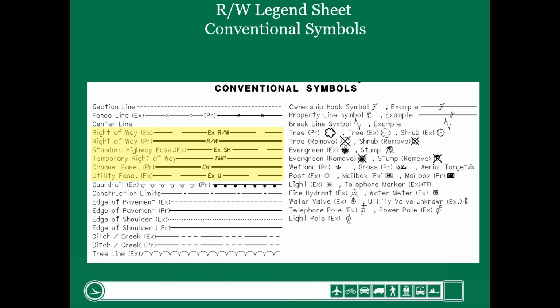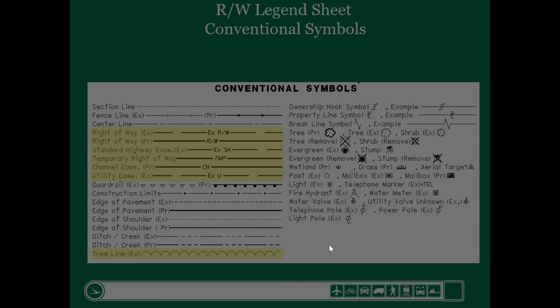In fact, to give you an example, channel easement is CH. As you can see right here, this is the line style for CH. If you go back into the 50s and the 60s, there was an X they used for channel easement at one time, and they also used some other letter suffixes, but X was the more predominant one. But since about the mid-90s, we've been using CH for channel easement. And then of course, tree line, I just put that on here because there are some tree lines that we're going to be looking at later on, or may talk about if we have time.